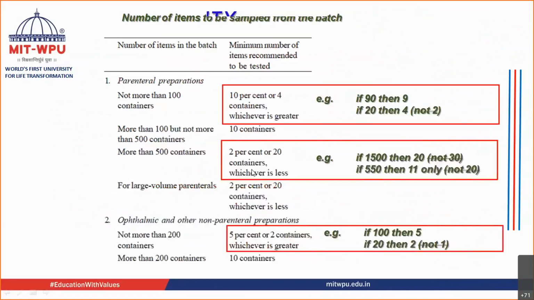Okay, moving ahead. Now, we have said that we are going to do random sampling. We are not going to use each and every container. For example, in tablets also there is a batch of near about 8 lakh tablets. In that 8 lakh tablet batch, you are taking some few, 6 tablets for disintegration, isn't it? If those fail, then you are going to take a further 12 tablets for disintegration. So in such a big batch, you are just taking a few tablets. In a similar manner, for parenterals also, you are going to take a few containers. So what is the number of containers that you are going to select? That we are going to study over here.